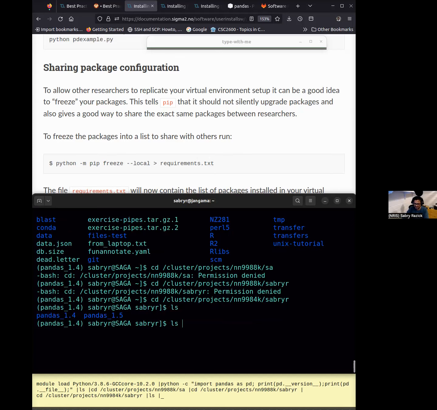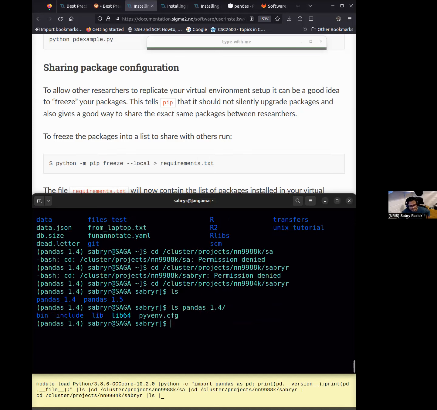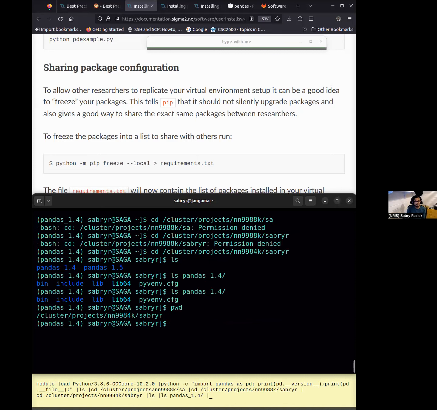Then I have this folder. Let's say we are collaborating on a paper, and I want both of us to have the same set of packages installed in the same environment, and I want to share this with you. One thing you could do is, as this is in the project folder, we could be in the same project and share this environment if that is feasible. But let's say your collaborator is somewhere else, you could use this command,